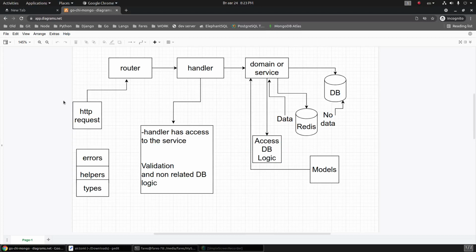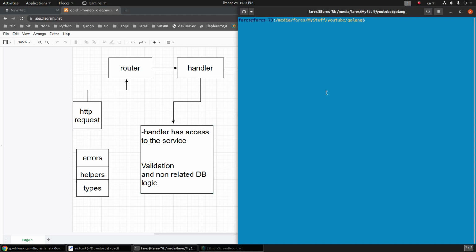As I explained before, this is the structure. So open the terminal or the CMD on Windows and go to the project directory. Here I am in the YouTube Golang directory. I will make a new directory. We'll call it